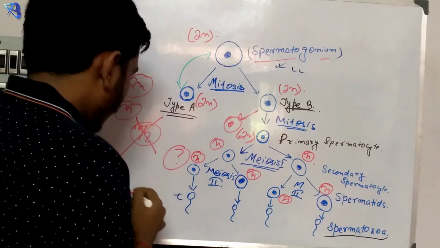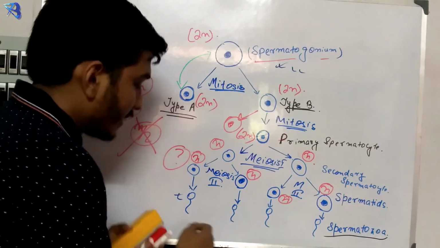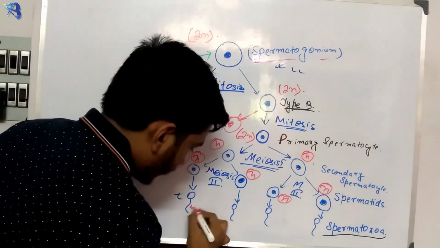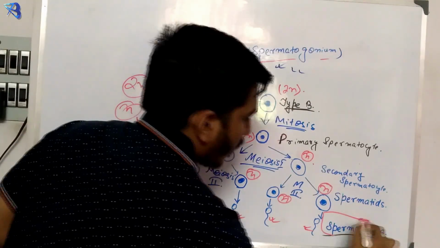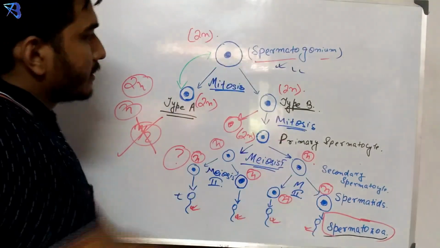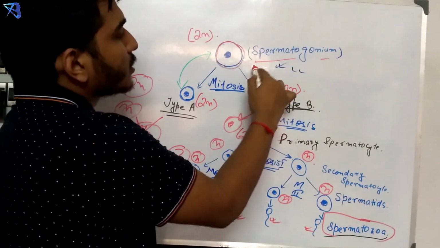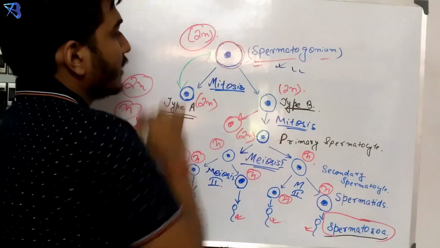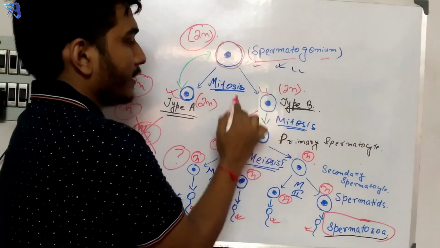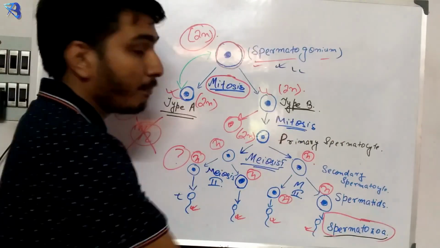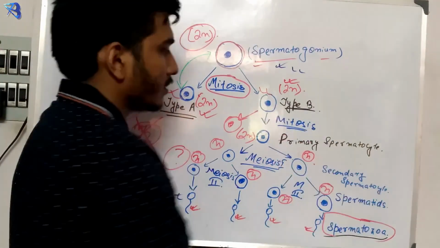Now the spermatids undergo several structural changes, and a tail is formed. As you can see here, a tail is formed, and finally it is called the spermatozoa. So again I am giving the gist of the whole part. The spermatogonium is first 2n, then it undergo two parts, type A and type B. Here it undergoes the process of mitosis. Chromosomal content 2n, 2n.